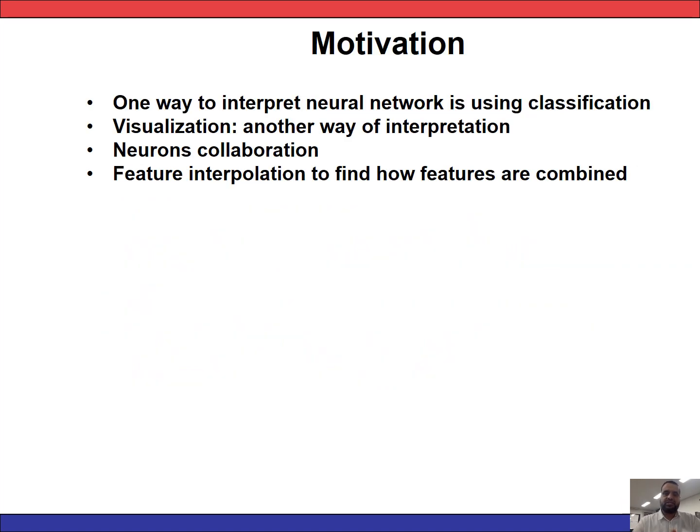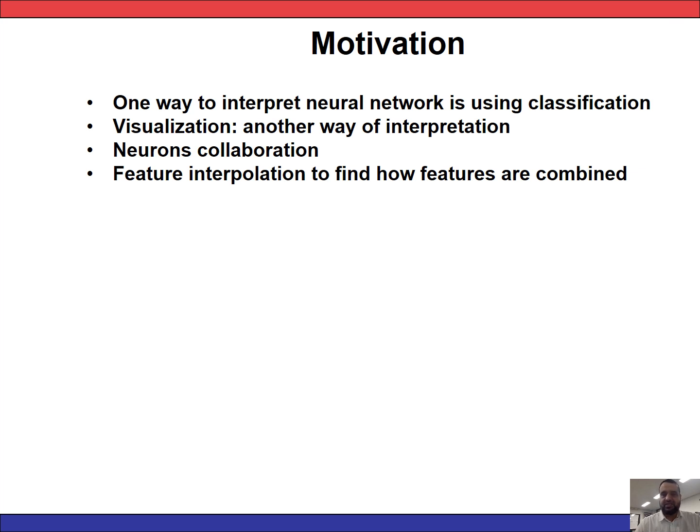So what is the motivation behind this work actually? Interpretation is actually very important. We want to know how this neural network learns. So one way to interpret neural network is, once we train the neural network, we provide the input image and then we classify it. If the classification is correct, we can say that this neural network learned the data properly. So this is just one rough way of